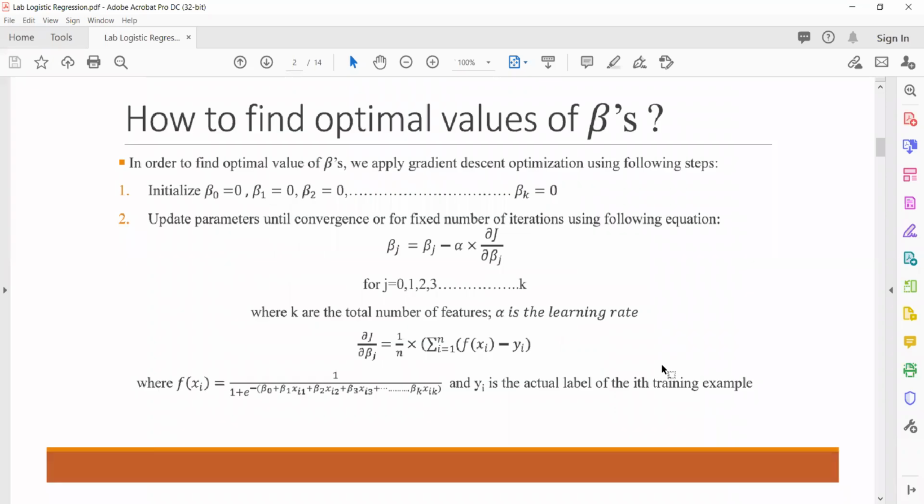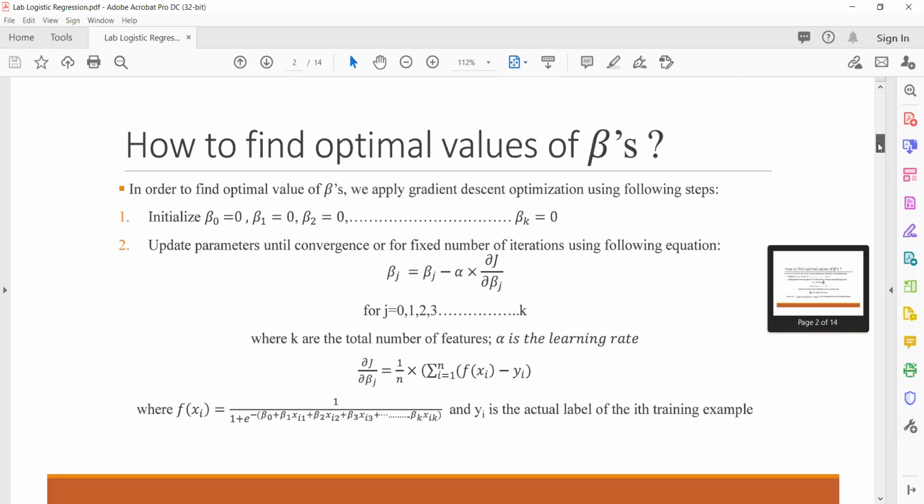And how do we find the optimal value of beta? In this, there are a few steps that we need to follow. In order to find the optimal beta, we will do the following steps. So this has already been covered in class, but I am still repeating it so that you people can understand better.